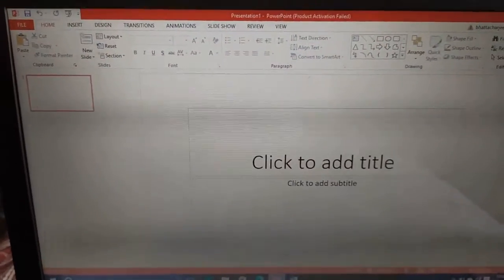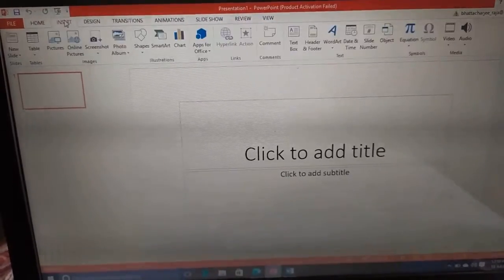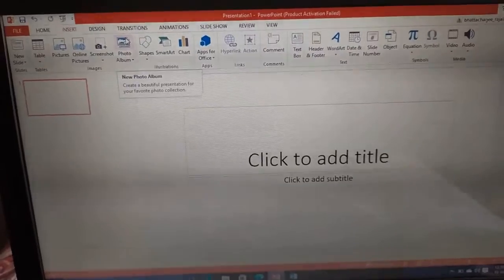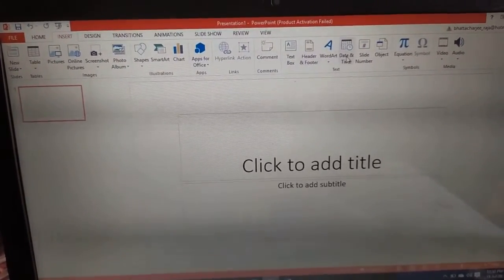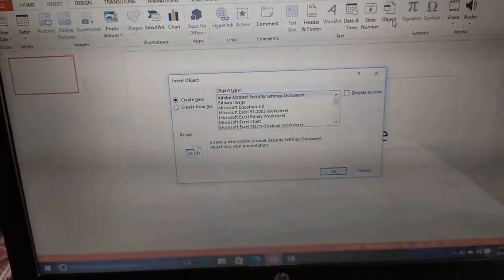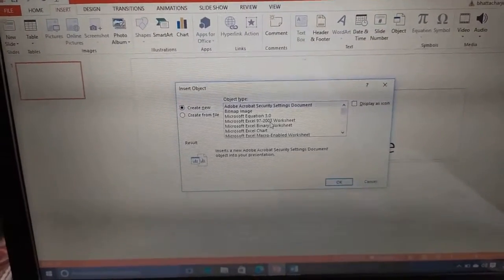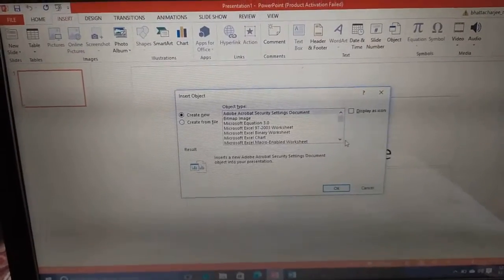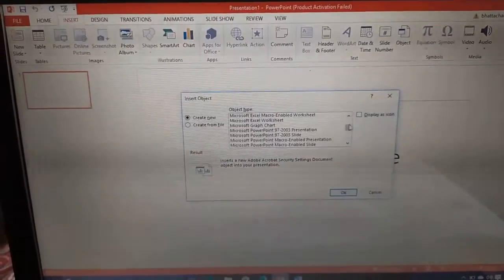Now first we have to go to the Insert tab. Click on Object in the text group. Now you can see different objects, that means different applications are shown over here. Let us select one.